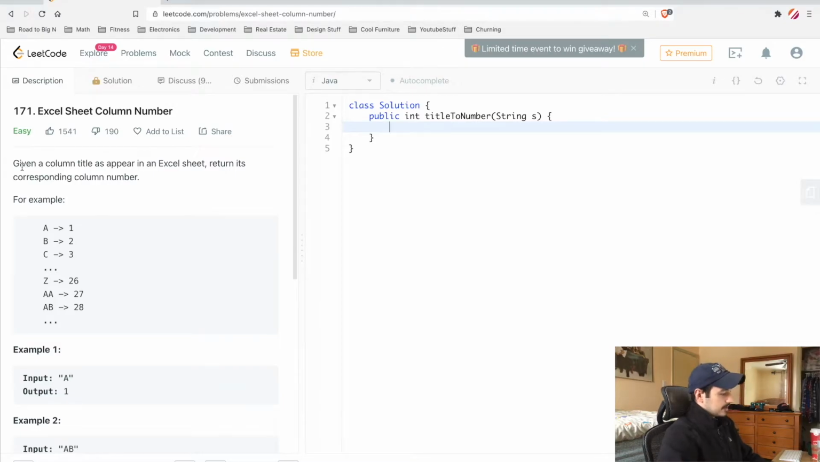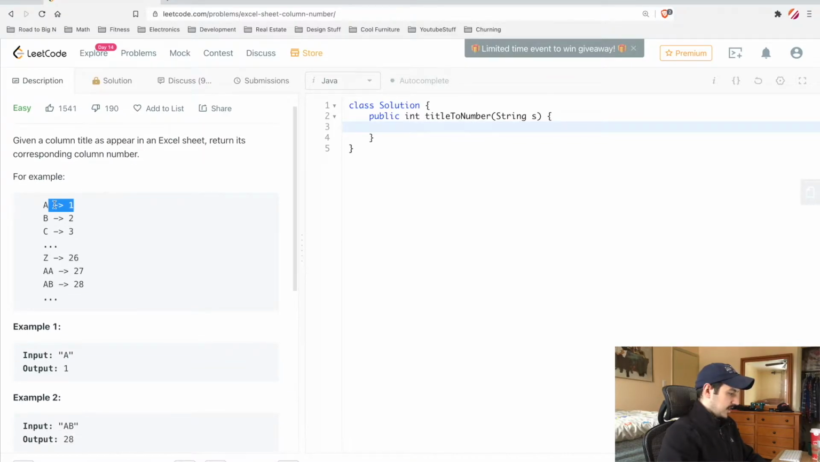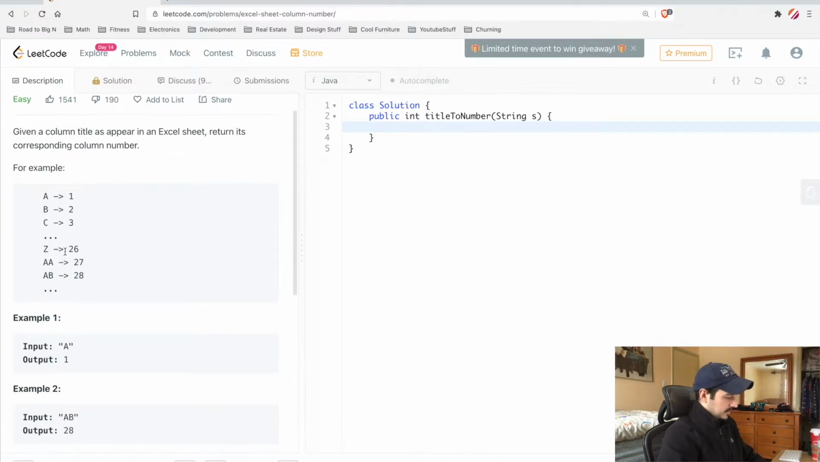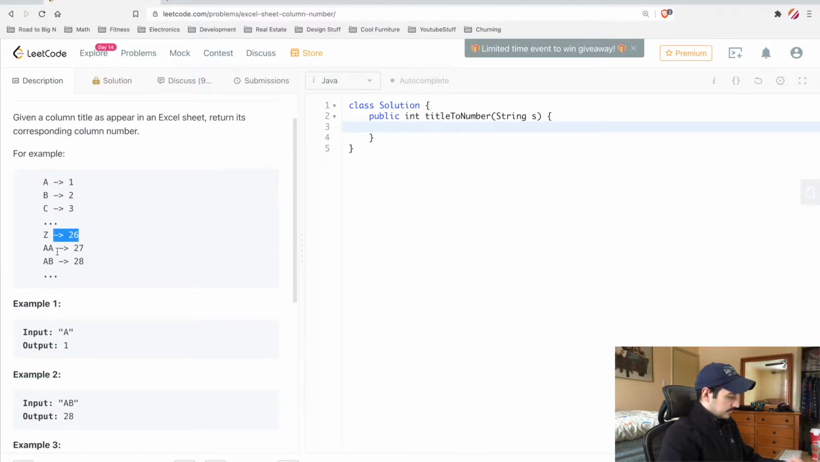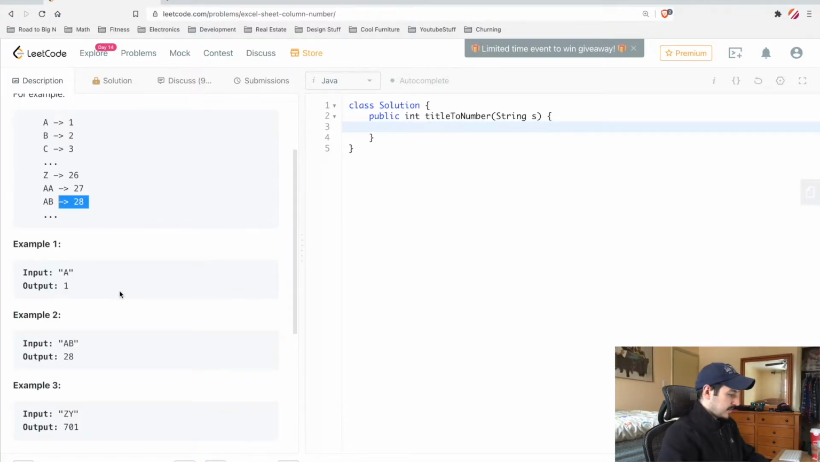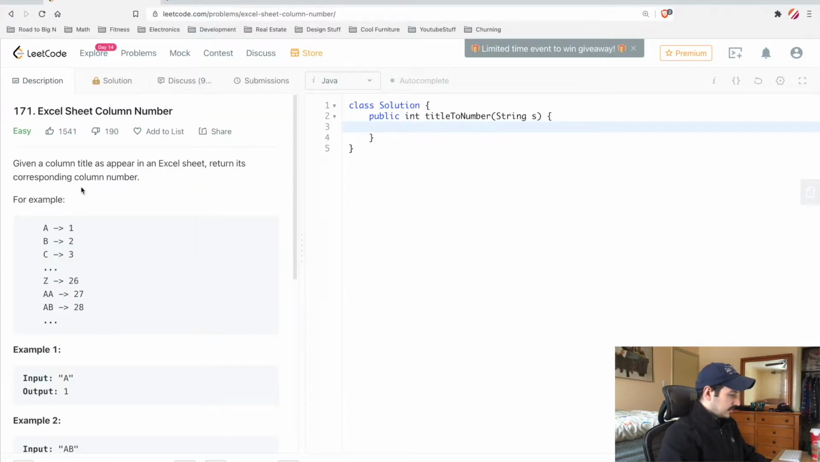Alright guys, so here we go. Given a column number as it appears in an Excel sheet, return its corresponding column title, and given its corresponding column title, return the number. So you can see here A is mapped to 1, B is mapped to 2, C is mapped to 3, so on and so forth down to Z. And then AA goes to 27 and AB to 28. And you can see here, this is a numbering system for each column number